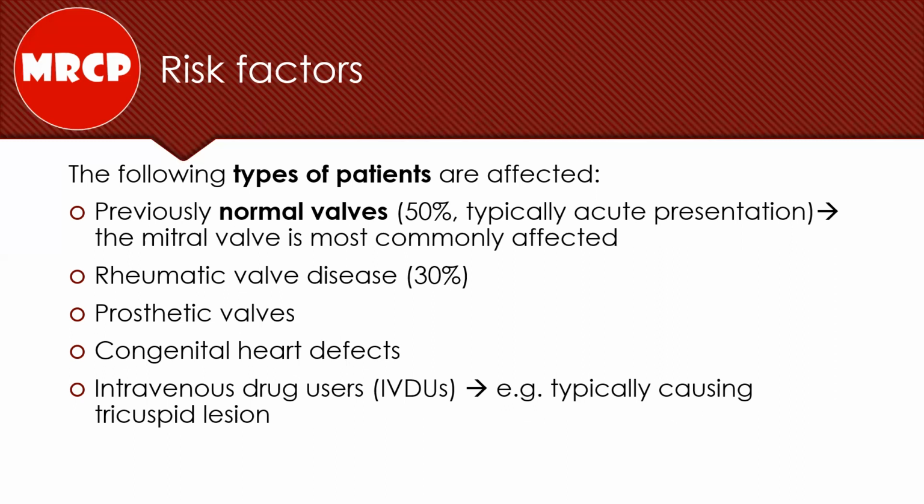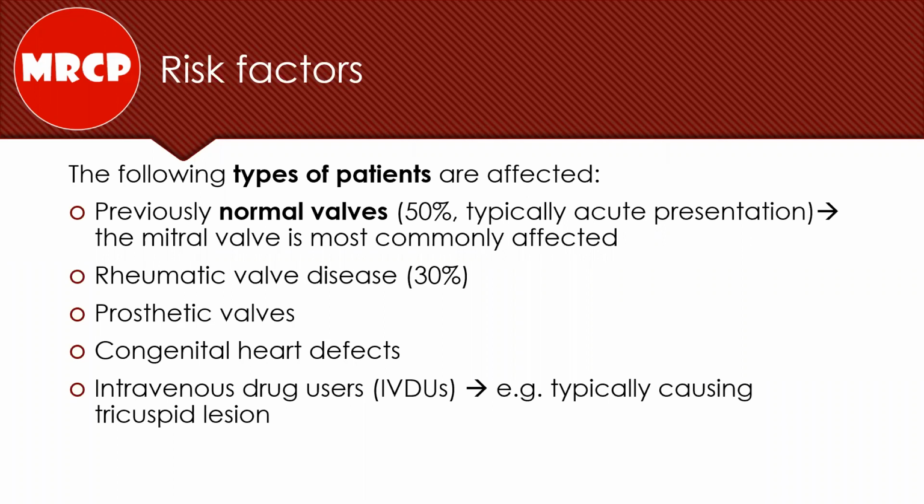What is the most common valve affected in rheumatic carditis? Also the mitral valve. Secondly, patients with rheumatic valvular heart disease are more liable than other patients to develop infective endocarditis. Third, we have the prosthetic valve. A patient with a prosthetic valve is at risk of developing infective endocarditis, and I think, Dr. Anwar, as a cardiologist, you have faced a lot of patients with prosthetic valves that developed infective endocarditis. Congenital heart disease is another risk factor.